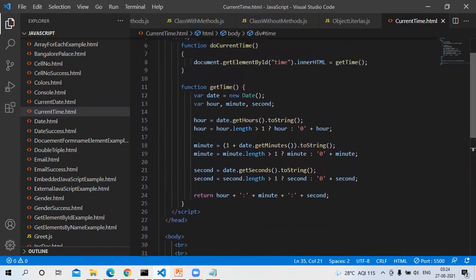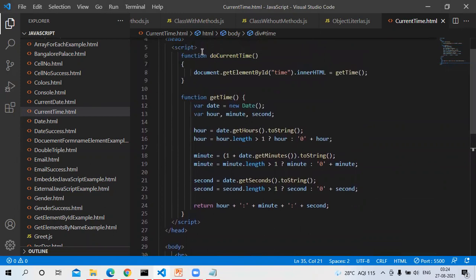So in this program, we have two functions actually. The first function is doCurrentTime, and we have one more function called getTime. The getTime function is responsible for getting the time in the format hour, minute, and second. We are calling this function getTime here, and the result is displayed in the div.